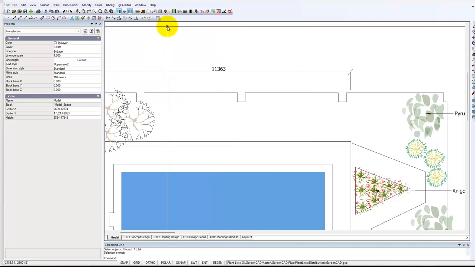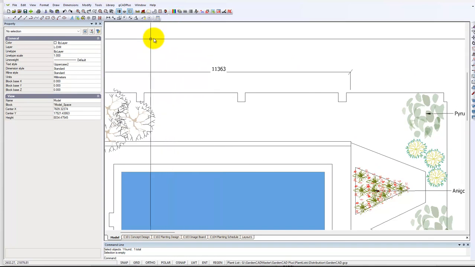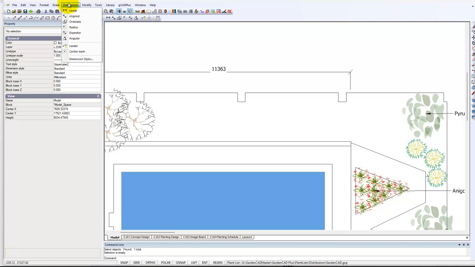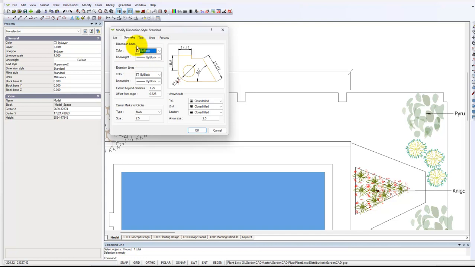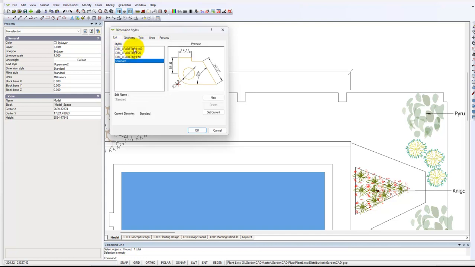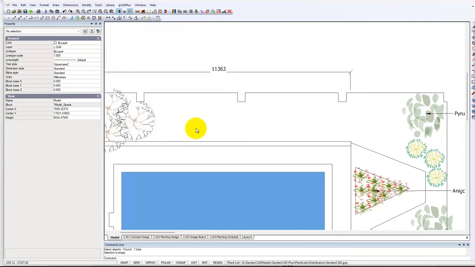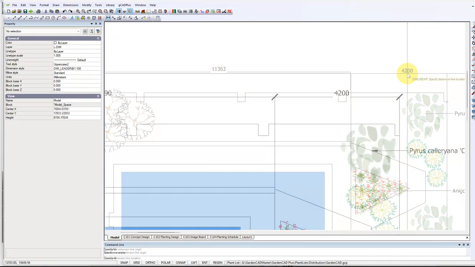So if we now set our dimension style, go to dimension styles, and we've just worked out that dim leader 100 works reasonably well. We've set it current, and now we can apply our dimensions. So we go from that endpoint there to that endpoint probably over here, and